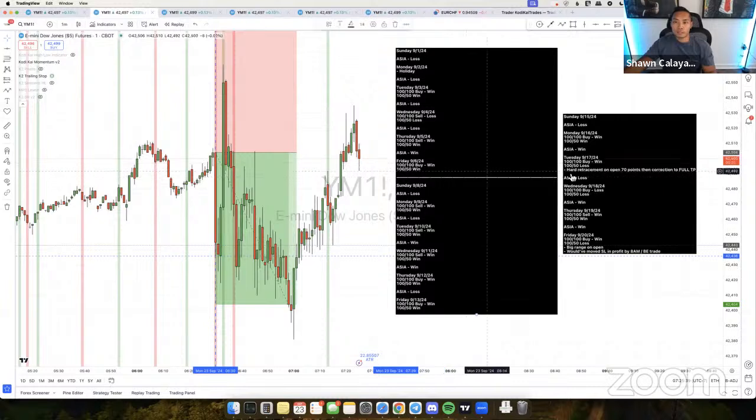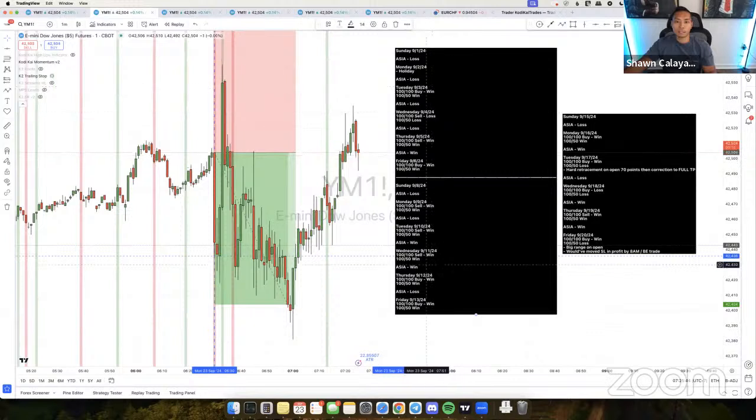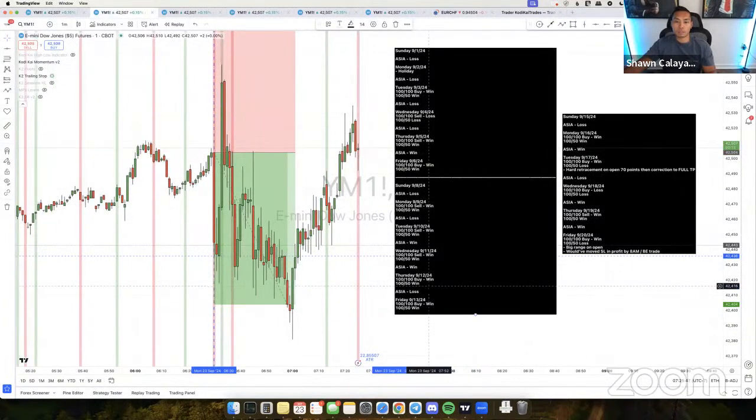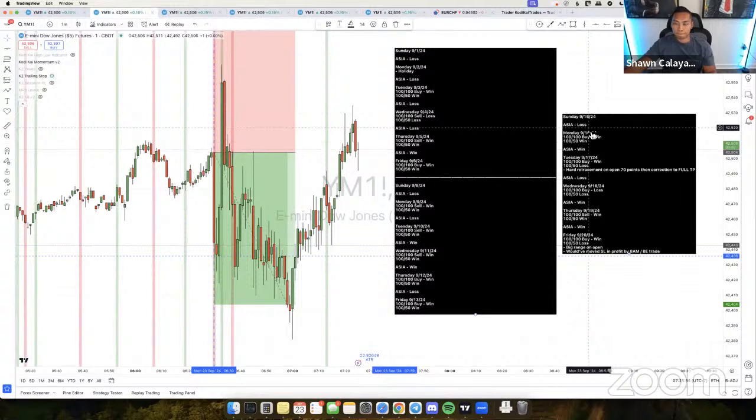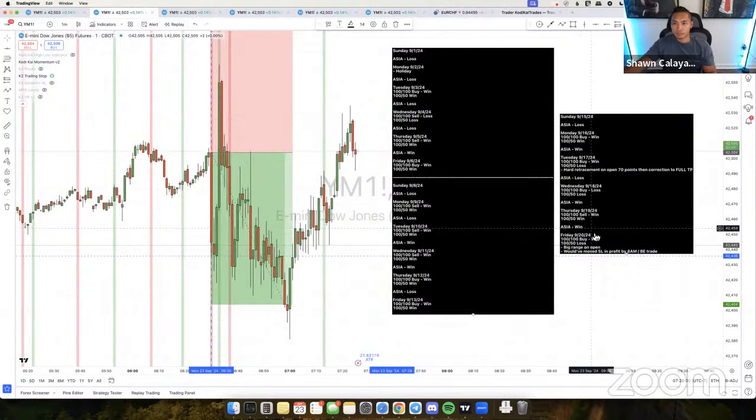So the crazy thing about this breakout strategy is that I tested it during Asia. It does work during Asia sometimes too. So like I looked over here, sometimes they kind of balance out. If you're doing a 1 to 2 risk to reward, the Asia trades here actually hit pretty often. For example, over here on Sunday, I probably wouldn't take the Sunday trade, but if you took it during the week, it's basically every day except Friday. So Thursday won, Wednesday won, Tuesday lost, and Monday won over here too. So this would basically be 3 wins and 1 loss.